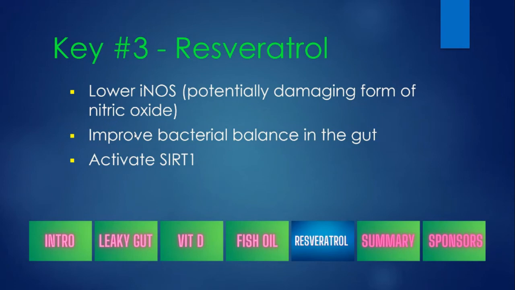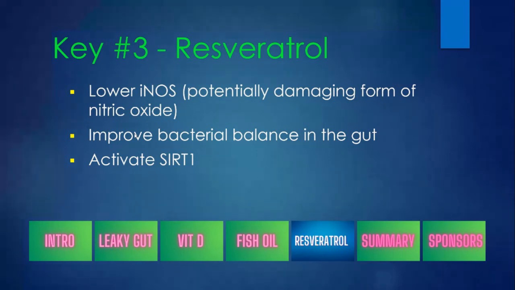SIRT1 is a histone deacetylase, and what it basically does is cause your DNA to be more tightly wound. Your DNA is read, that's how the proteins are produced, but it causes the DNA to be more tightly wound, and it changes the ability of some regions of the DNA to be read. This affects gene expression. It basically controls the expression of genes. It turns genes on and off. One of the things is it's been shown to be protective from oxidative stress.